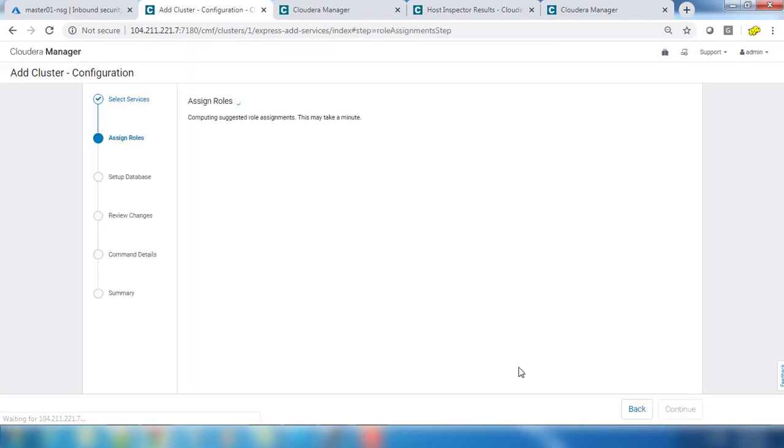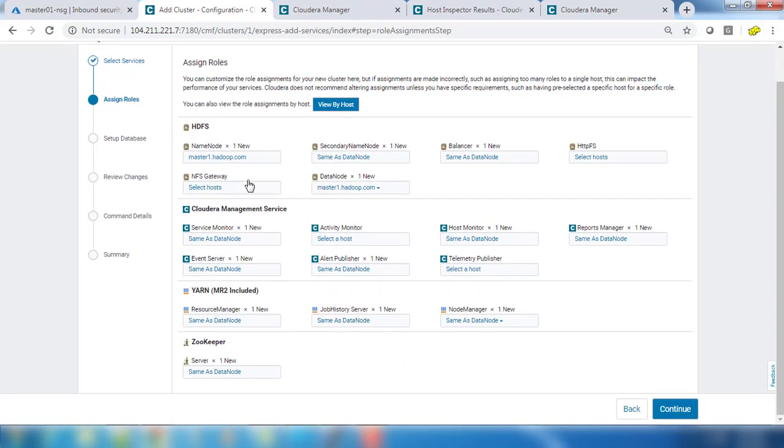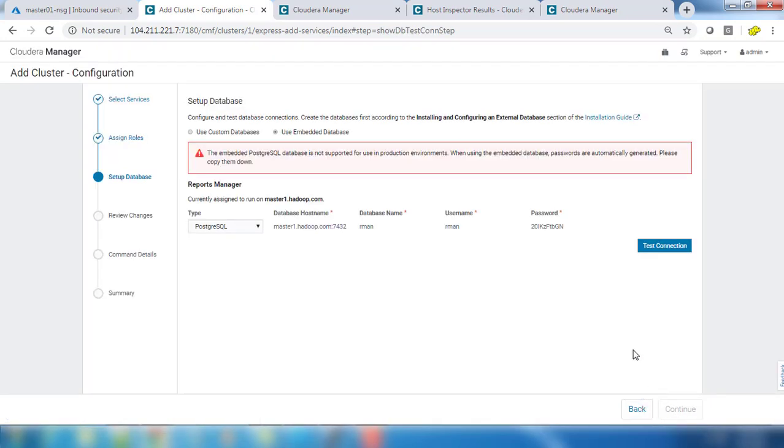Okay, so now this is the host selection menu where you can customize the host, like which service on which host. So in our case we have only one host available, so we don't have much option to choose. Next is the database setup.